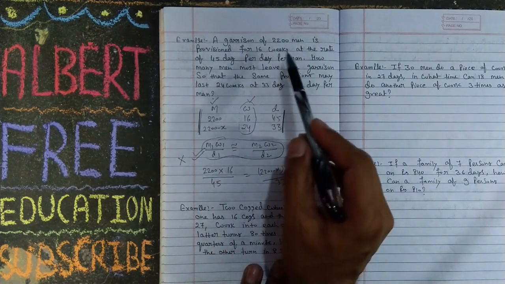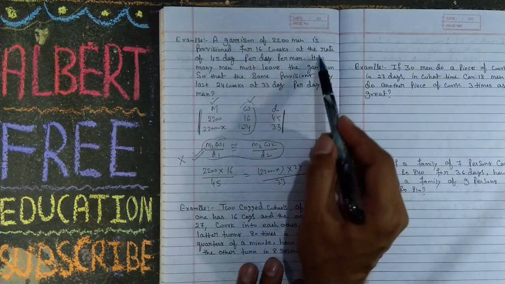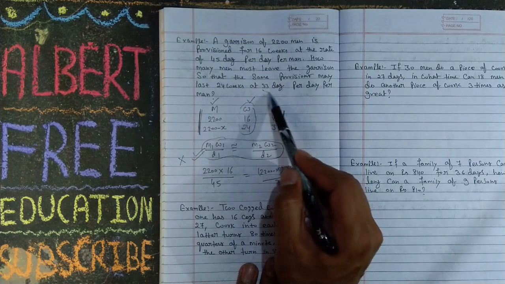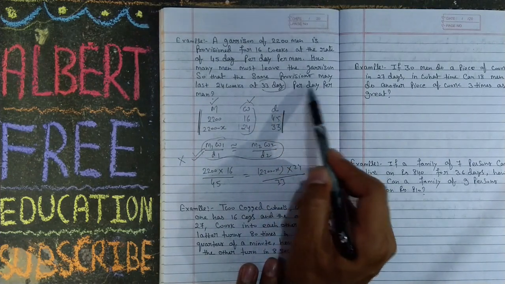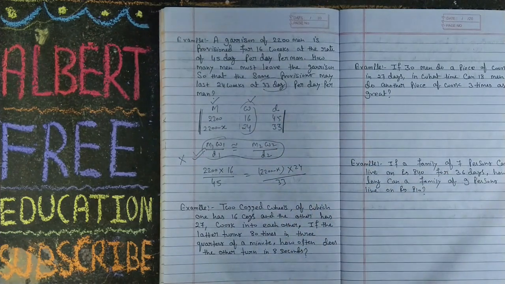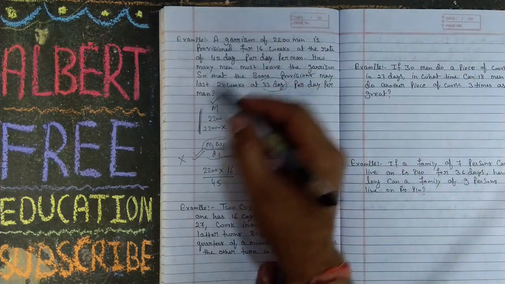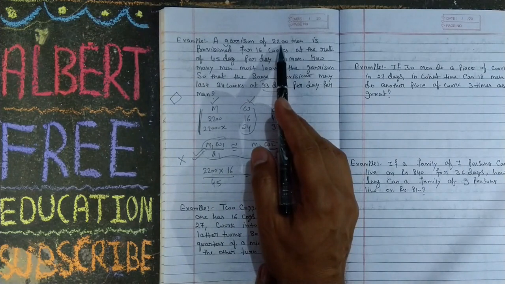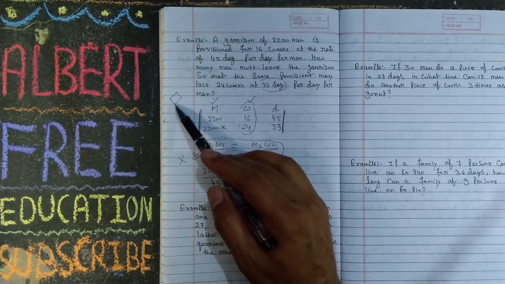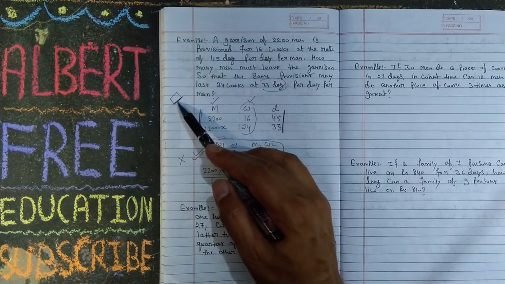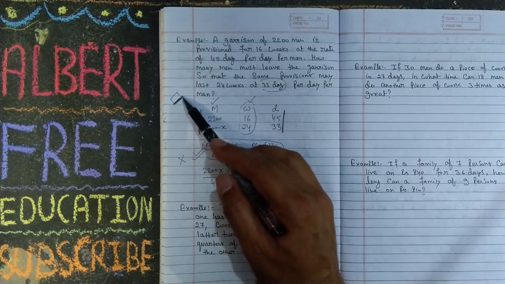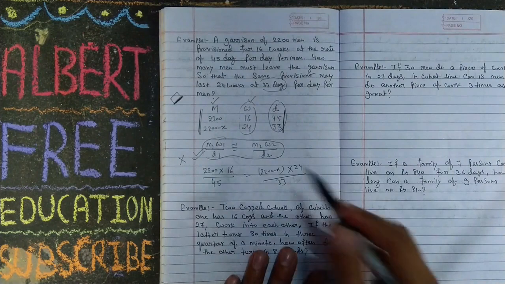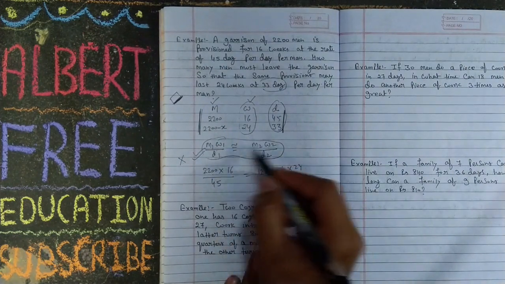Why is this wrong? Because this is also a total number, a count value, 33 dag per day. Suppose you have packets of food, and there are some people. These packets of food are also a number, a count value. So this is not weightage. In this condition your answer will not be this.